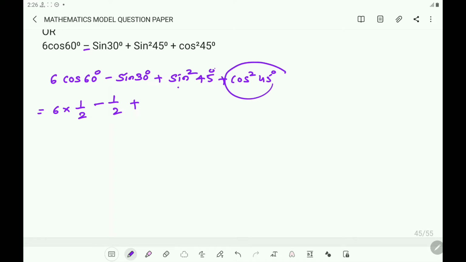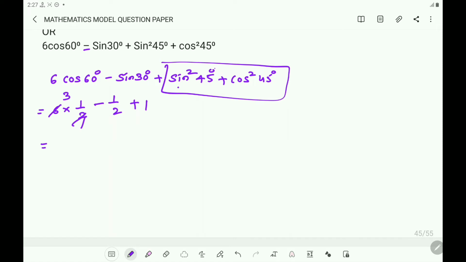Cos 45 is also 1 by root 2 and its square is 1 by 2. 1 by 2 plus 1 by 2, or you can use the identity here. Sin square 45 degree plus cos square 45 degree is 1, and 2 ones are 2, 3 minus